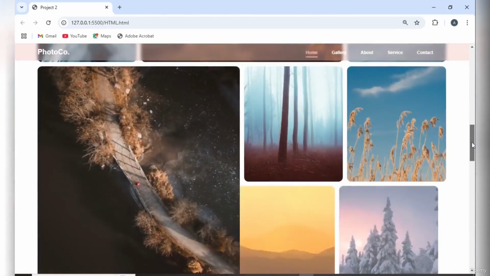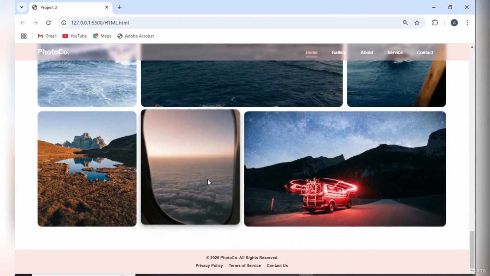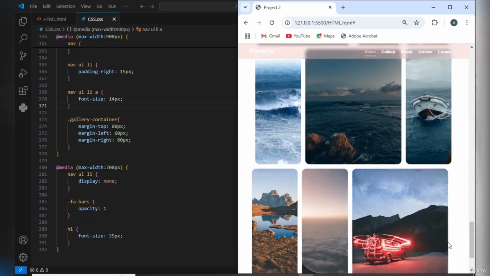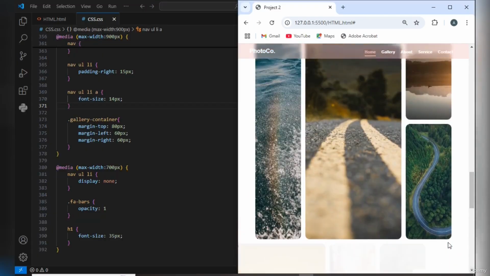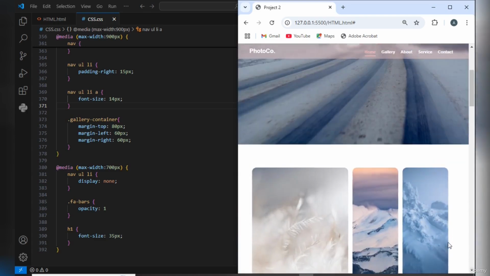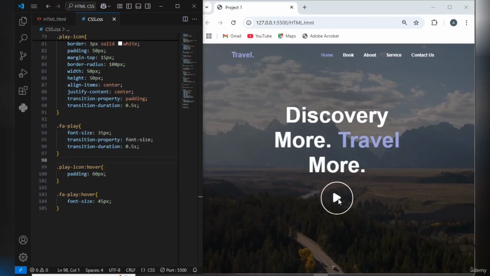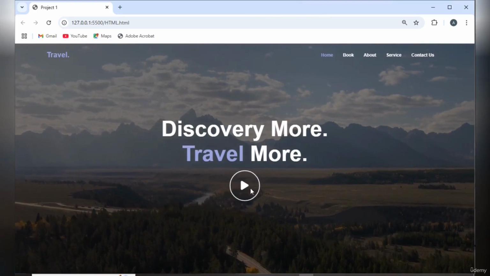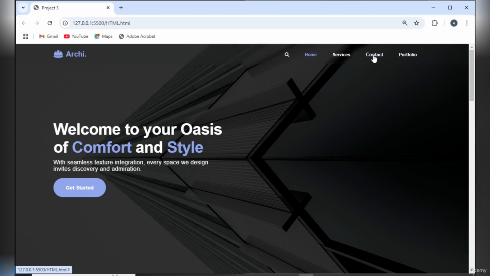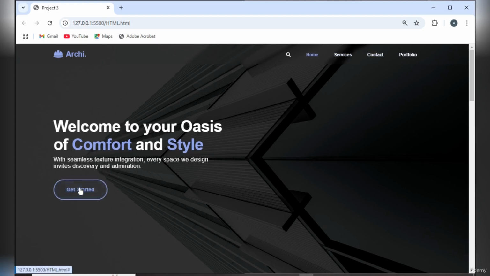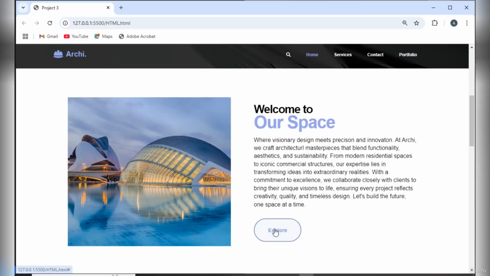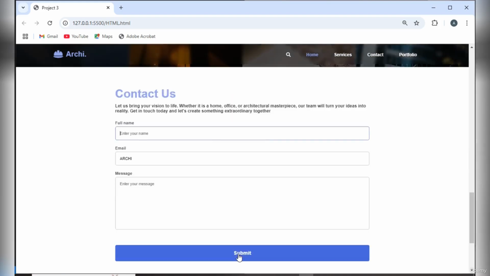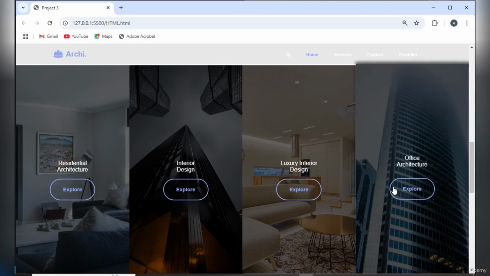I will start by introducing you to web development. I will teach you how to download, install, and navigate the VS Code interface, install HTML CSS extensions, create files and folders. I will teach you HTML documents, HTML tags, links, images, lists, tables, HTML forms, media, buttons, comments, and HTML